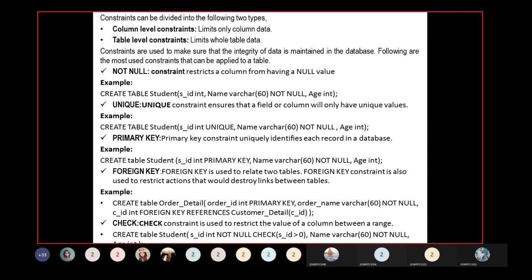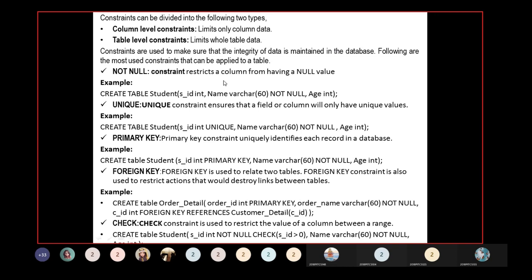So what is a null value? The null represents the value for the attributes that is currently unknown or is not applicable for this tuple. Okay, nulls are always used to deal with incomplete or exceptional data. So null is empty. When you are giving a not null, that column should not be empty. That is the meaning of this one.